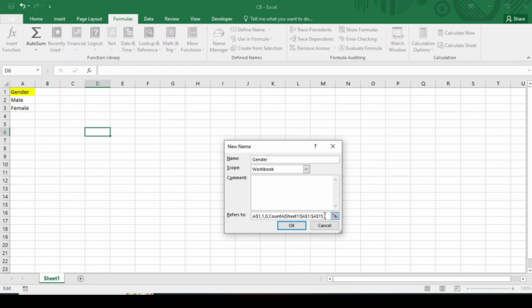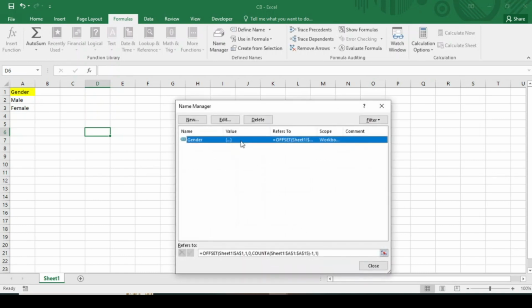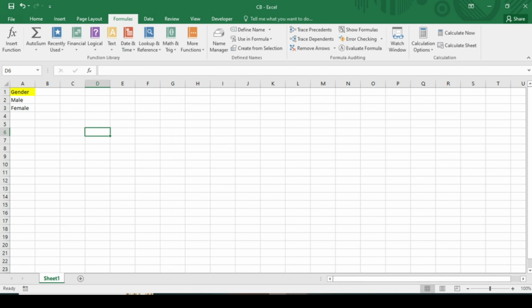Yes, and we don't want the header, this gender. And finally, the width: we don't want to change the column, so this one is our name range, and we keep the name as gender. Yes, so now close this, and here